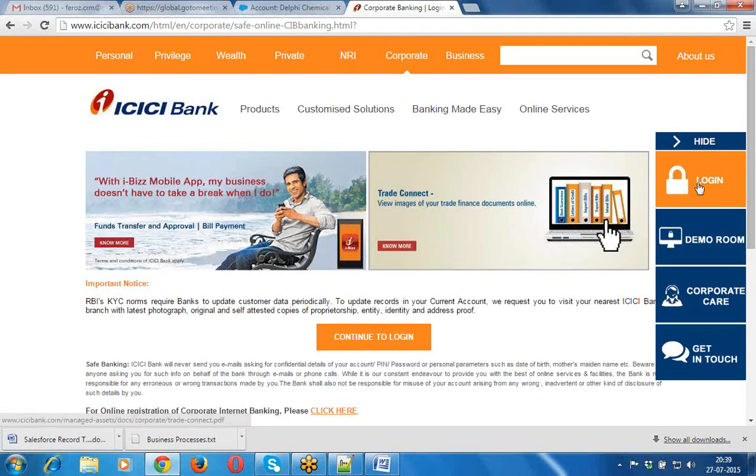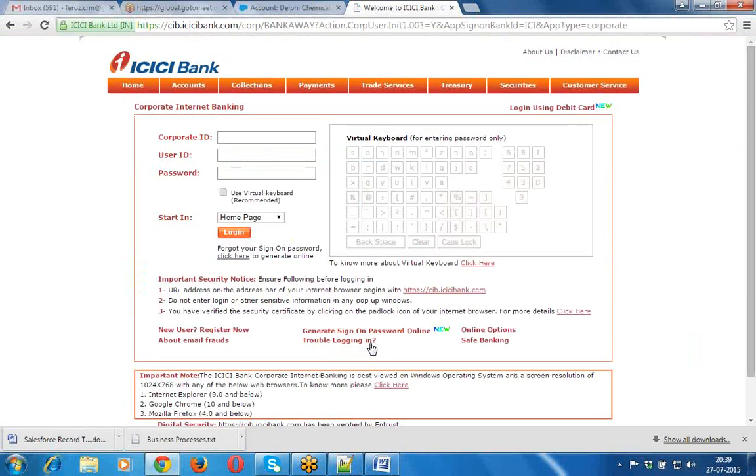Click on corporate and it will be opening a login screen for you. Now observe this one here. Do we have the same look and feel which it is displaying for the personal account or do we have any differences between this look and feel? Yeah, we have some different look and feels available here.